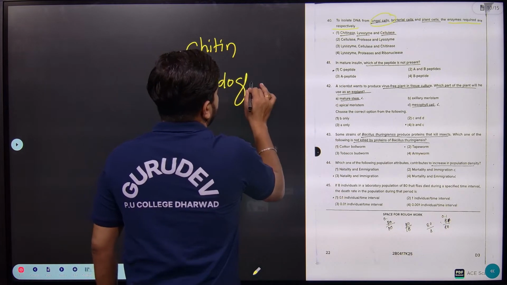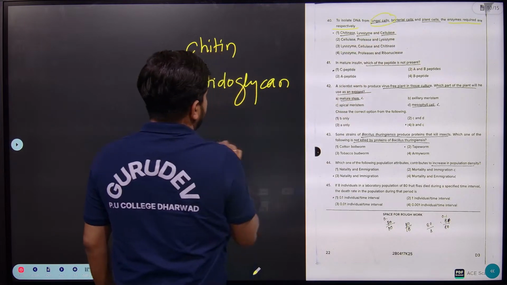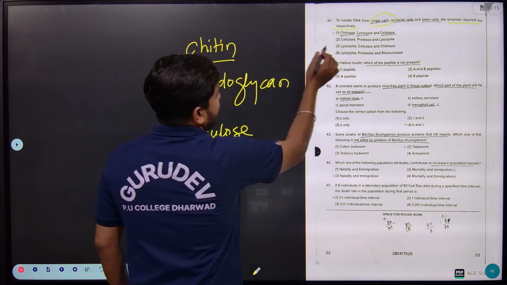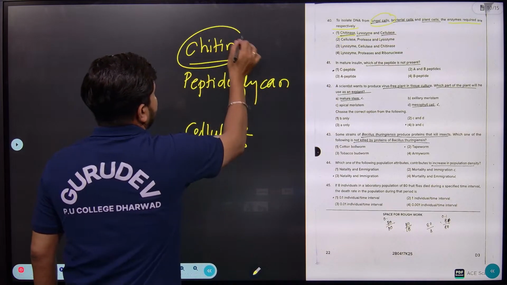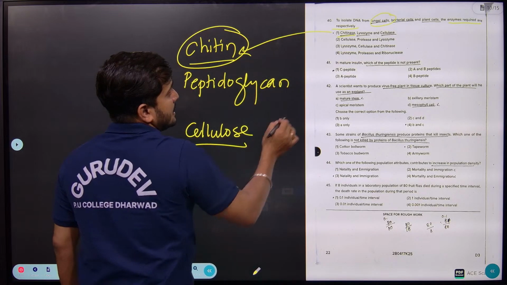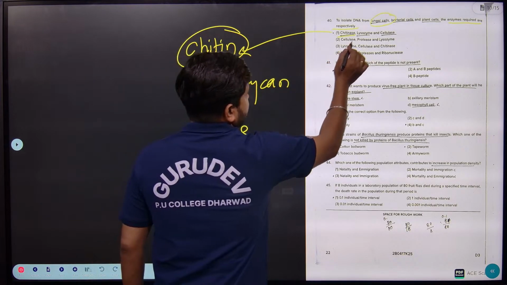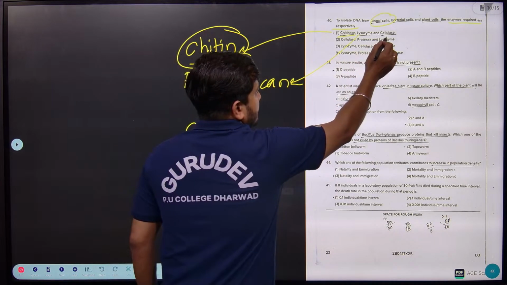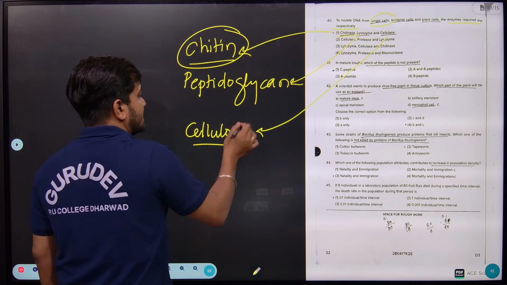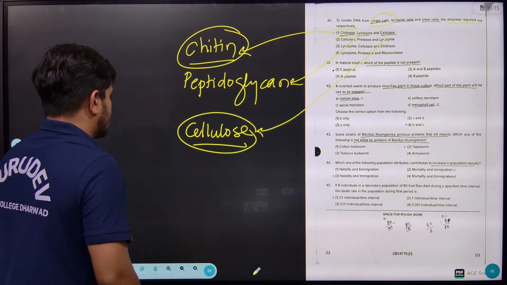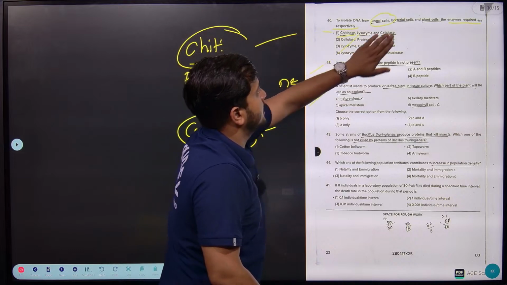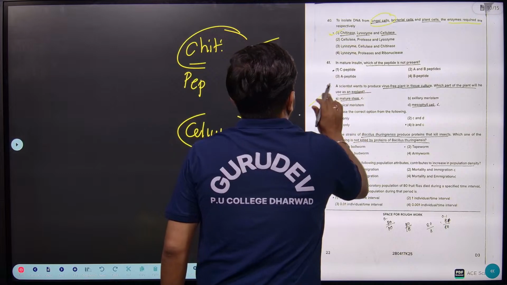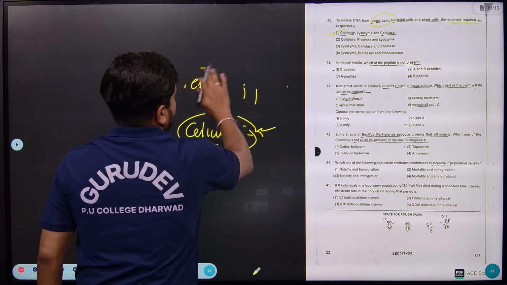Peptidoglycan, right. Then the plant cell wall is made up of cellulose. Based on the name itself, you can imagine that chitin is for the chitinase enzyme. So it can be degraded by whom? The chitinase. Then the peptidoglycan can be digested by what? Lysozyme, not lysosomes, lysozyme. Then cellulase can digest what? Cellulose, right. So like that you are going to find out. So here the first option is correct. So the first option is correct, over with the 40th question.